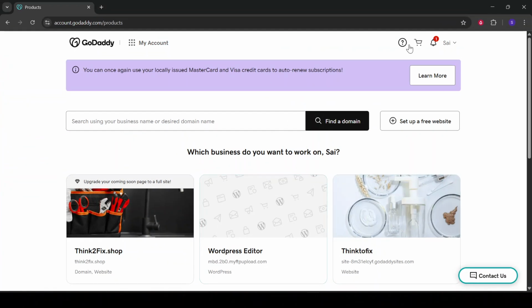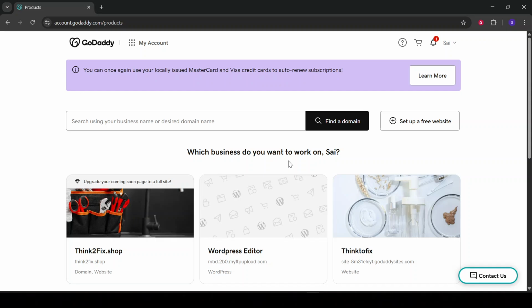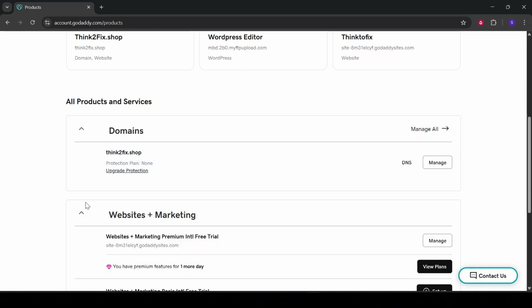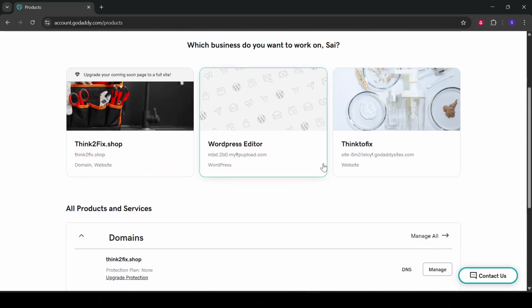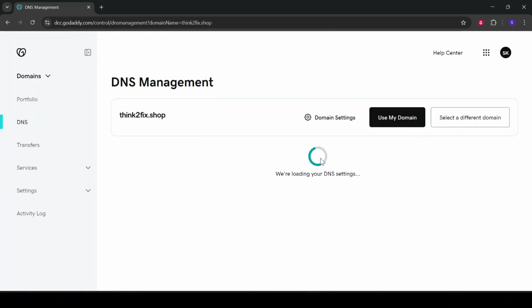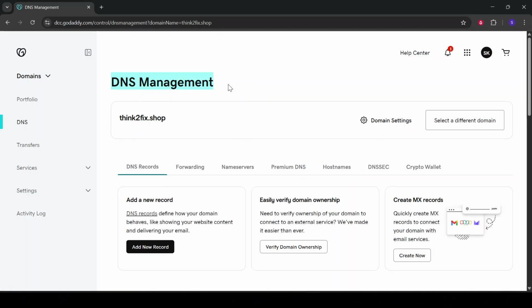Next, locate the My Products section. This is where all your domains and services are listed. Scroll through until you find the domain you want to set up forwarding for. Once you've identified the domain, click on DNS or Manage DNS next to it. This step will direct you to the DNS management page, which is the central hub for controlling how your domain